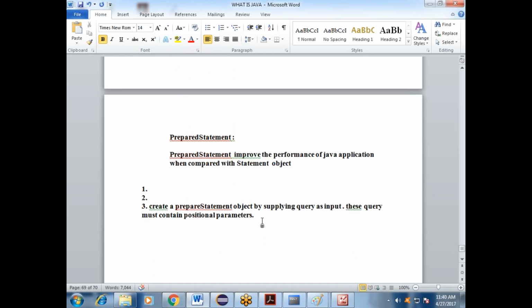So did you understand what the positional parameter is? Simple. This is the positional parameter. As an example, you can take insert into employee values, suppose you have this one.